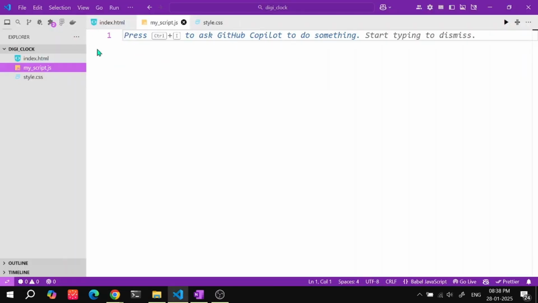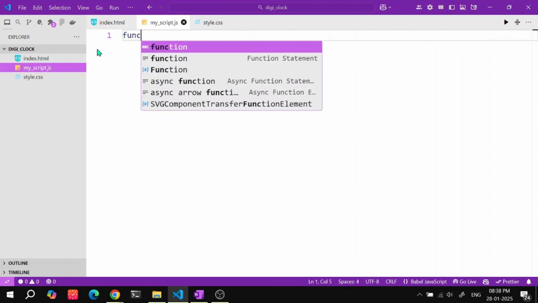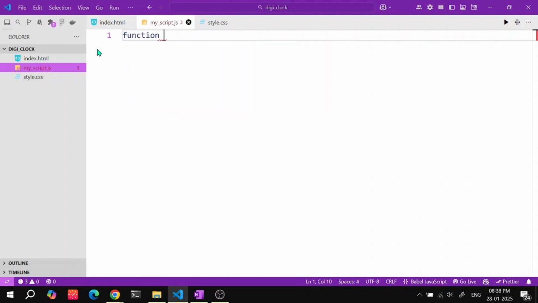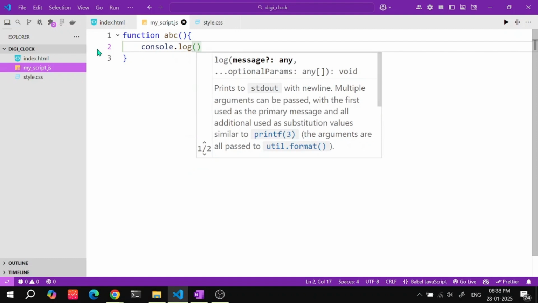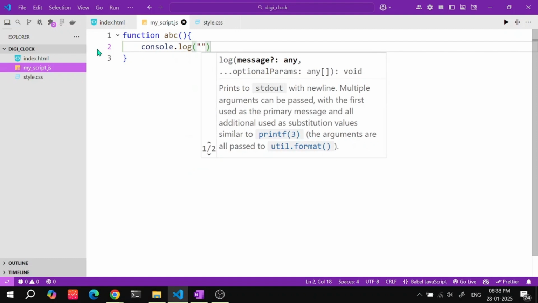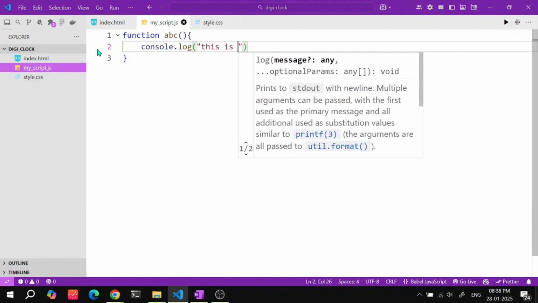I have told you you can write functions. Whenever you are writing a function, you need to use the function keyword and give a function name, abc. You can give whatever you want, and in this one I am going to write some code. Why we use console.log is to check whether everything is working fine or not. When you declare a function, I am writing console.log. This is a function,